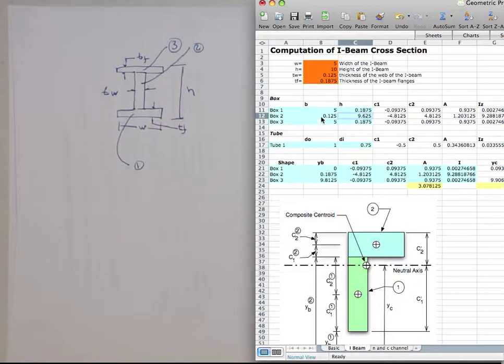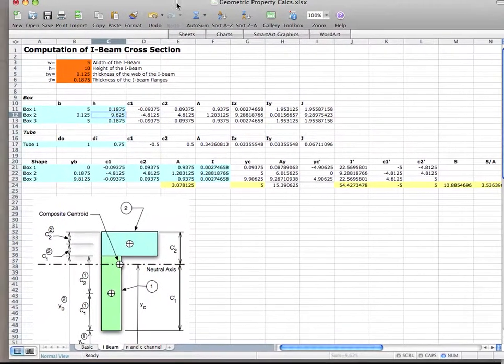And then lastly, for the top flange, I set it up the same way as the bottom flange. Actually, I don't really need to have the second flange calculated, but I guess I could. If you want to make different flange thicknesses, you can go in here and modify this, but it would screw up this calculation a little bit, so you have to be careful about it. I don't really use a tube, so that's gone there. Okay, so now once I do that,